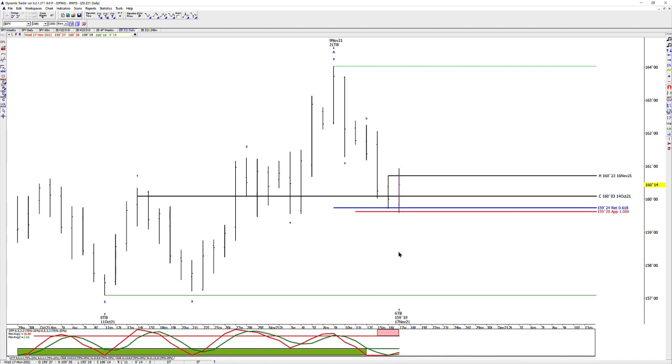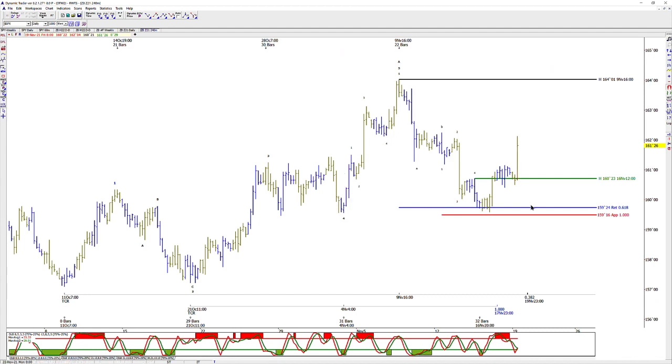So we'll add data until we get to a point where we might want to consider adjusting our protective sell stop. Modestly up the next day. We always like to see that after we go long. And then, oh boy, the following day, a big up day, wide range, strong up day. Are we in a position to adjust the stop? Well, probably so. And what I always do, at least at the end of the day, is take a look at the intraday data as well. This is the 240-minute data. And we can see this is a fairly narrow range day after we entered on the long side, but